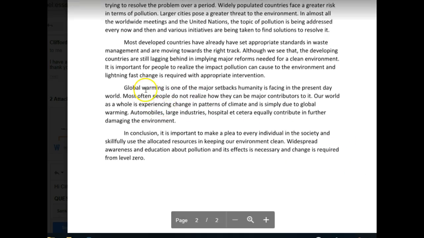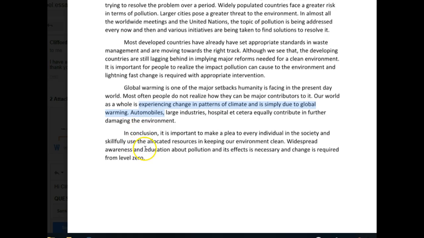So I hate to say this, but this would not really score you a good grade for task response. You're not answering the question. You're kind of just skirting around the issue, but certainly not answering in a way that provides information to the person reading it. Moving on, in conclusion, it is important to make a plea to every individual in the society